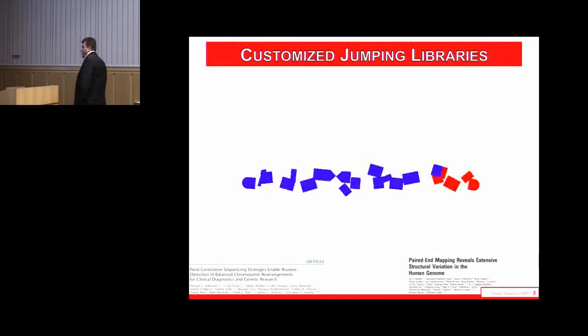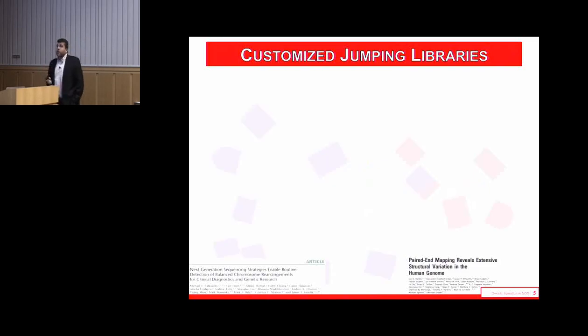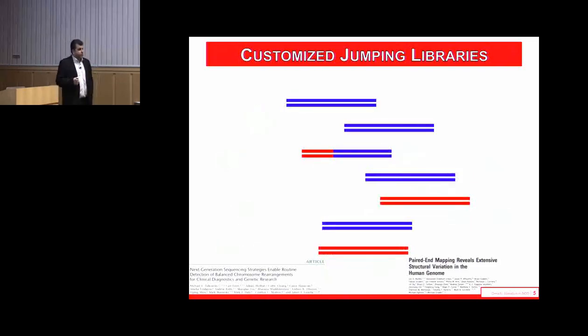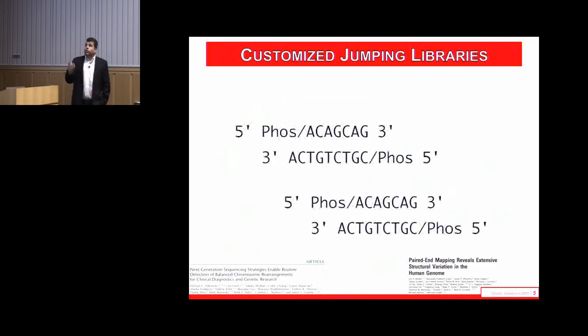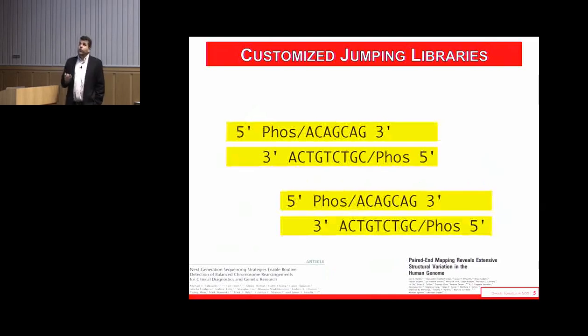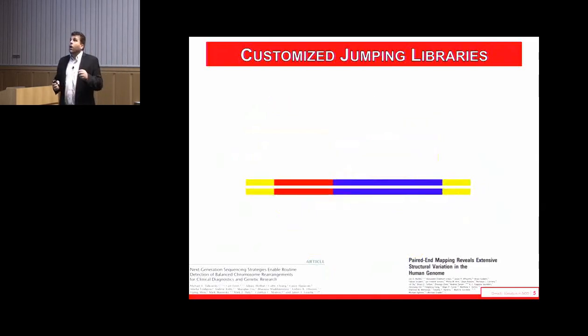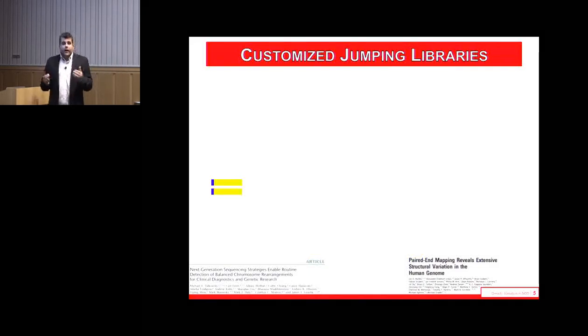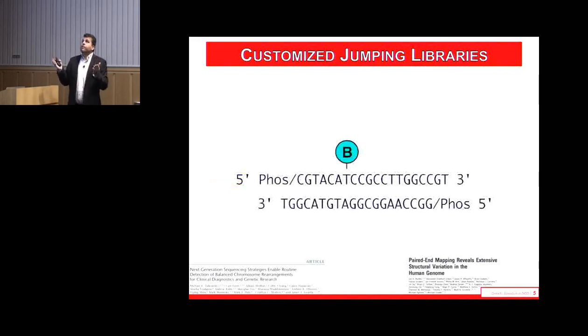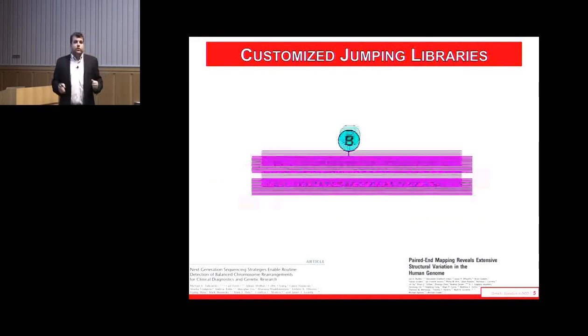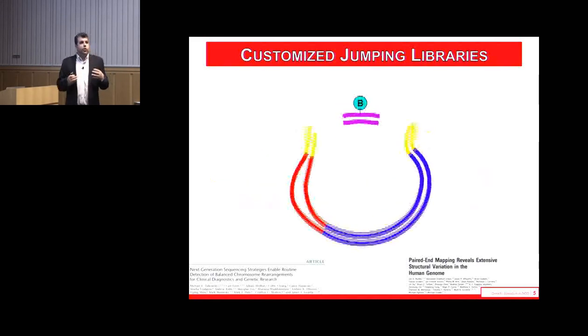The idea here is, although genome sequencing has gotten cheaper, it's still quite expensive to cover a genome, and if you want to sequence structural variation, you really want a lot of coverage. So what we do is take the genome and shear it into very large fragments instead of small 200 base pair fragments. We then ligate an adapter to the end of each fragment, and we designed a stuffer,